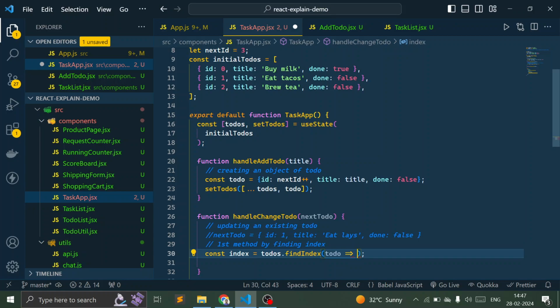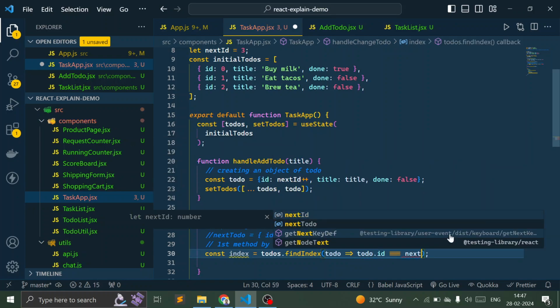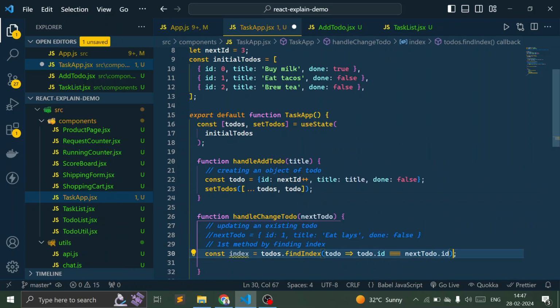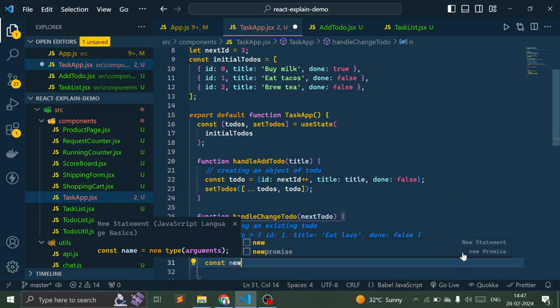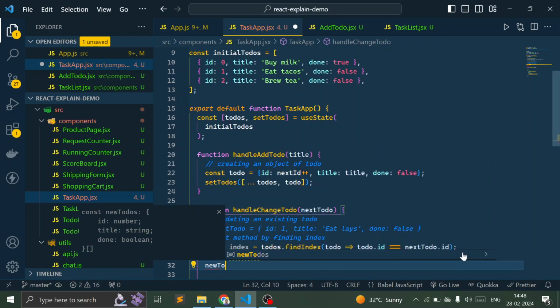So we are actually trying to find the index of that to-do among the array of to-dos which have the to-do dot id equal to next to-do dot id, which is passed from here. If they match, we found the index of that. Now we create a new to-dos by creating a copy of the to-dos, and then we know that